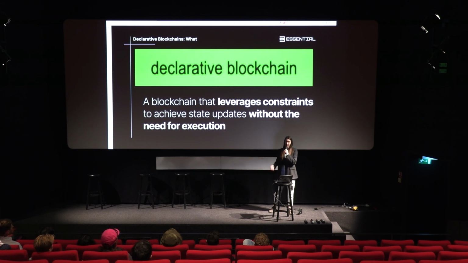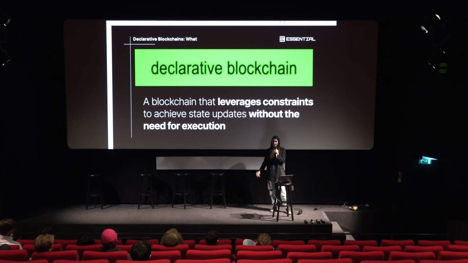These are blockchains that leverage constraints to achieve state updates without the need for execution. So basically with declarative blockchains, there is no concept of an intermediate state between A and B, where people can come and tinker with the vending machine. In fact, the entire vending machine doesn't exist. State is just updated atomically. So you go straight from state A to state B. And the way that this happens is that there is no concept of on-chain execution. In fact, there's actually no in-protocol conception of execution at all. The declarative model means that execution can be removed completely, and everything can be defined in terms of constraints on state.